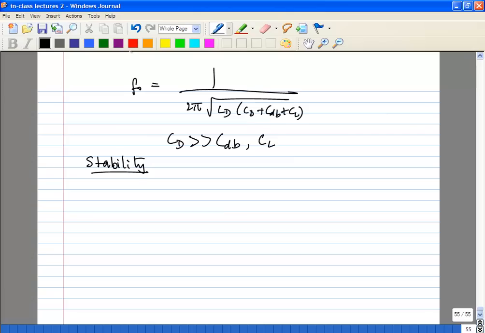Now obviously the next question is how you would choose LD, right? You try to choose LD and CD such that you get the maximum RD. Why do you want to get the maximum RD? Because the overall gain is GM effective times RD. So you want to get more gain. Okay?